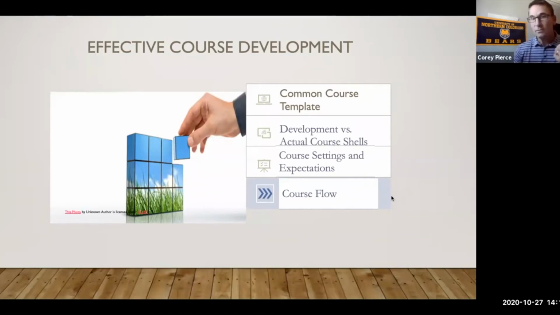And then you set up those expectations. So as soon as students enter the course, you've already thought through how you're going to interact with them, how you expect them to interact with the course shell that they're seeing. So then you are going to do a better job explaining and walking students through that. Now, if you can do that, you're going to get better course flow. Students are going to come in, they're going to be able to find this information more easily.